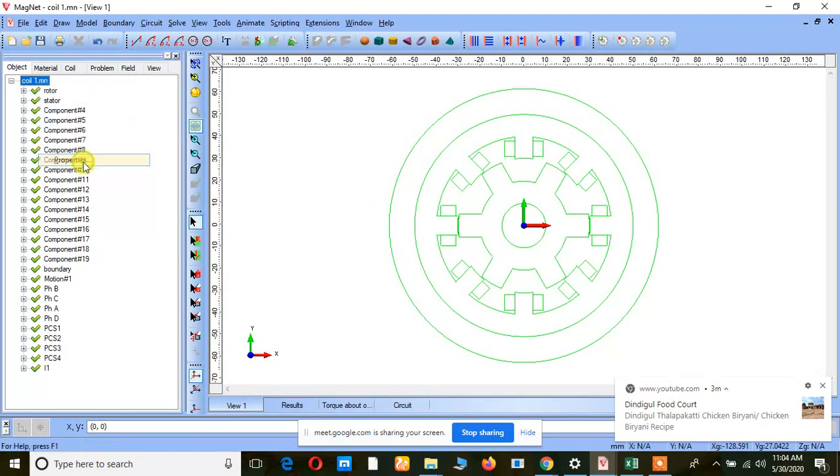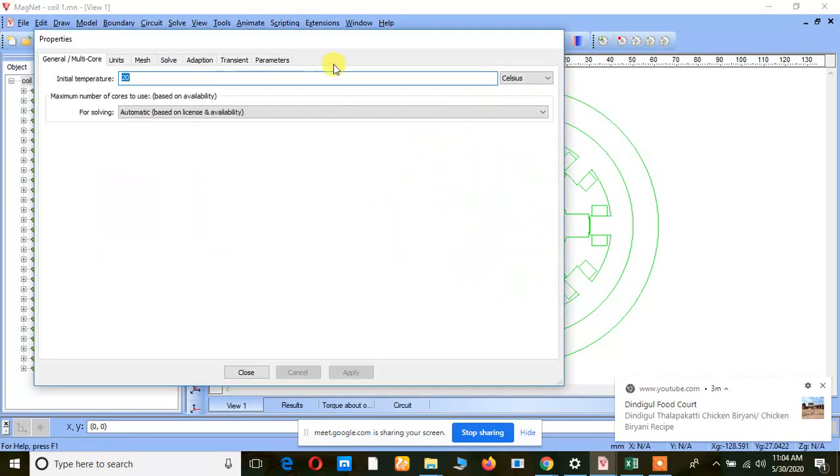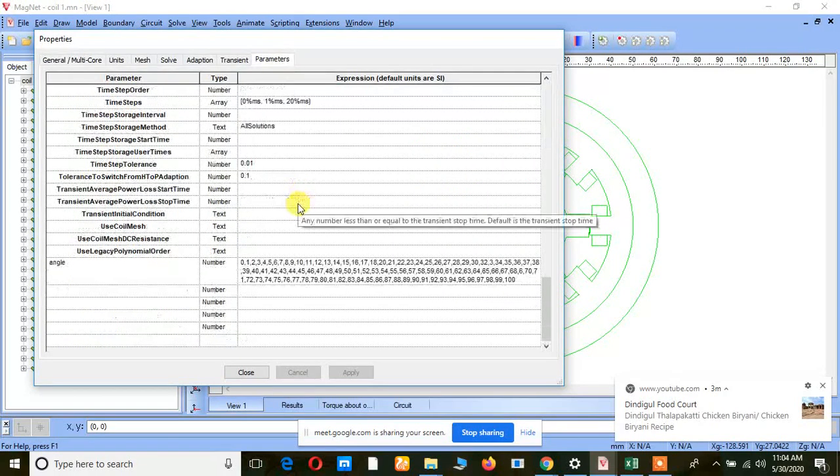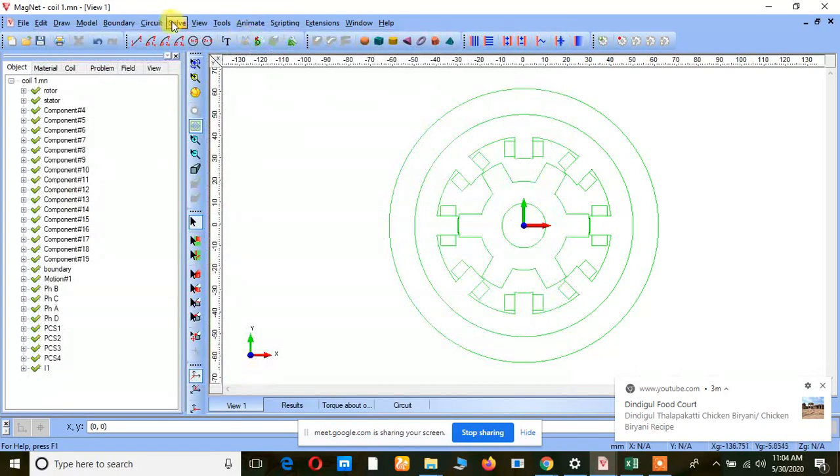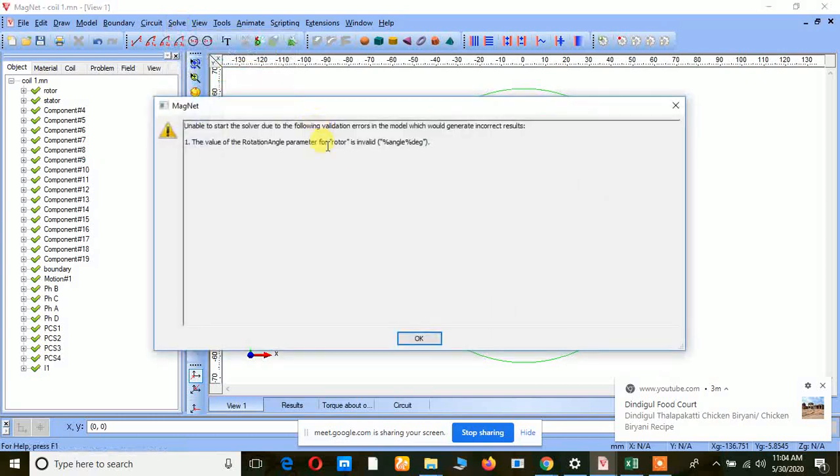so yesterday we gave the rotation angle for all phases. So previously, when I start to use this package, what I will do is just delete all the rotation angle and give apply, right? And I give close. Again I will run. If I run, what happens? Again I will get some error here, right?